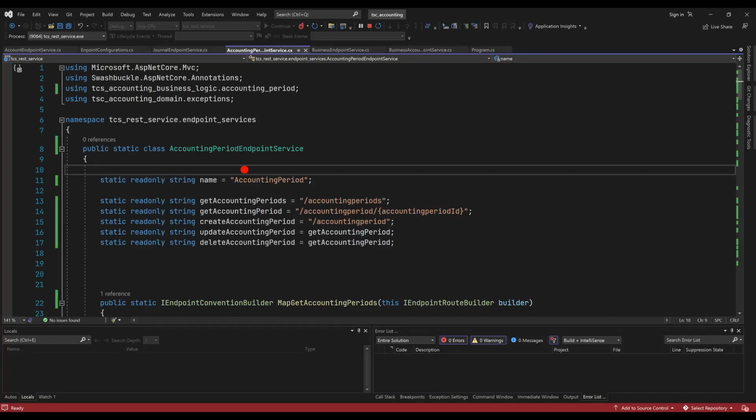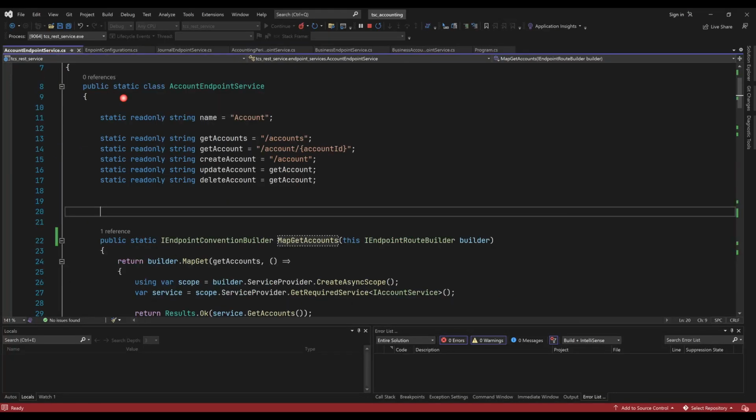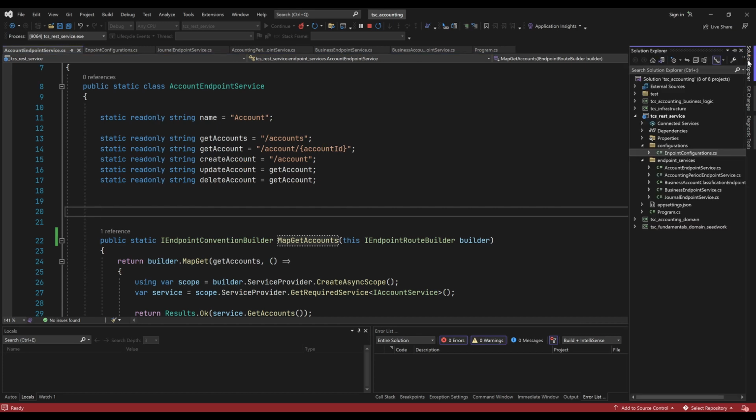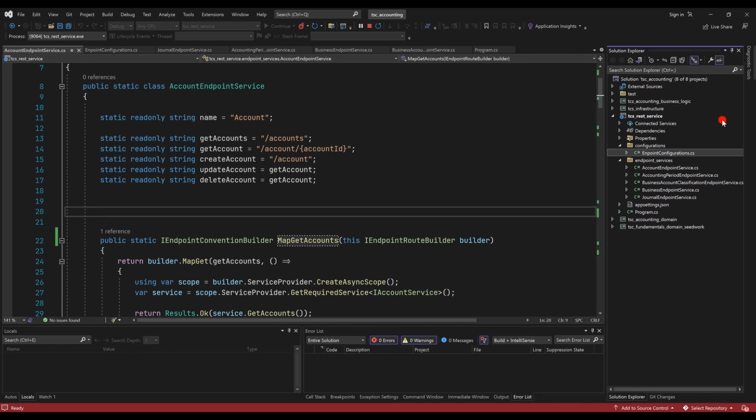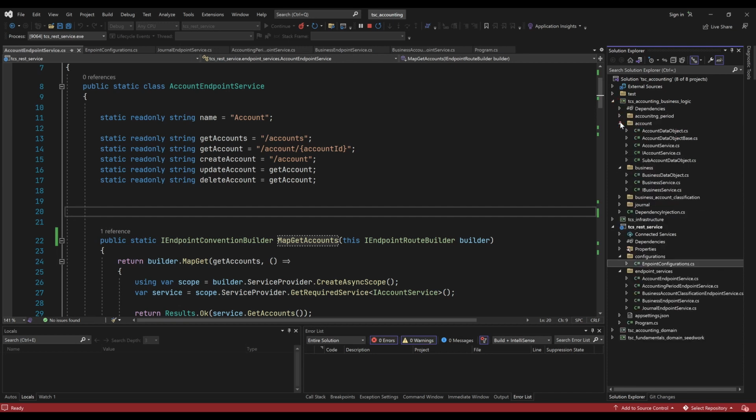So having gone through this, we need to go through each of our services to be sure that we're actually capturing all the endpoints required to fully access the services offered by the TCS accountant. So actually I will go into the business logic, and first I'll go to